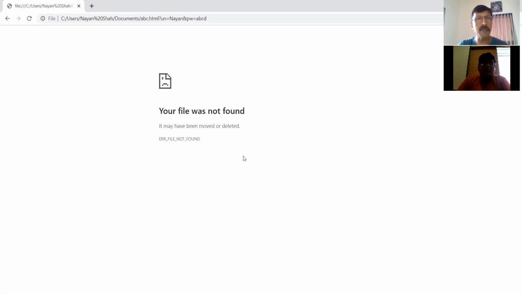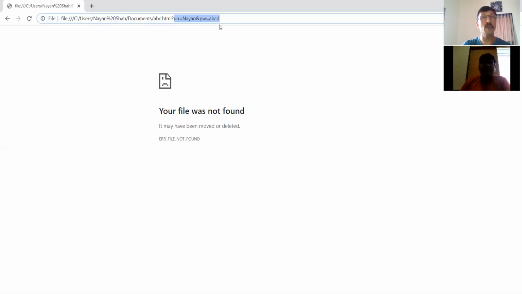But because there is no abc.html file, it says file not found. But if you look here, it says UN is equal to Nayan and PW is equal to ABCD. Can you read this? It may be a very small screen over there, but still it says that UN is equal to Nayan and PW is equal to ABCD. Rohan, is it visible?